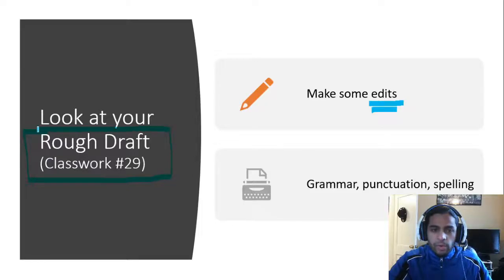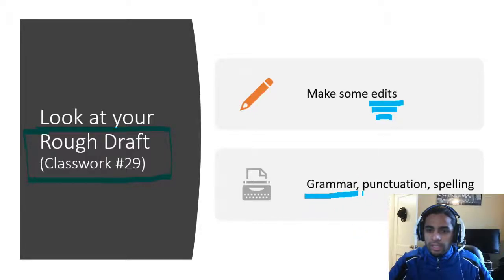All right, and now we are going to do some edits. So what are edits? This is when you're looking at the basic conventions of English language, right? If revisions are based on content, adding sentences, subtracting sentences, looking at the overall message of your essay, edits are a little more basic. You're looking at the grammar of your essay, the punctuation, and even the spelling.